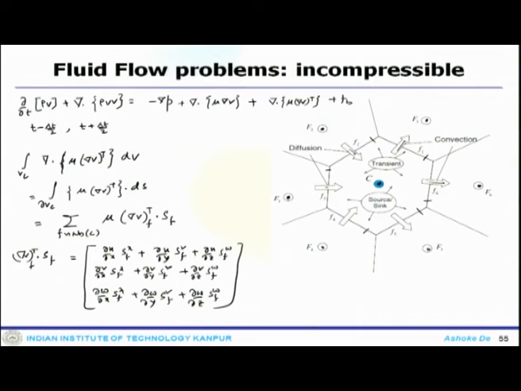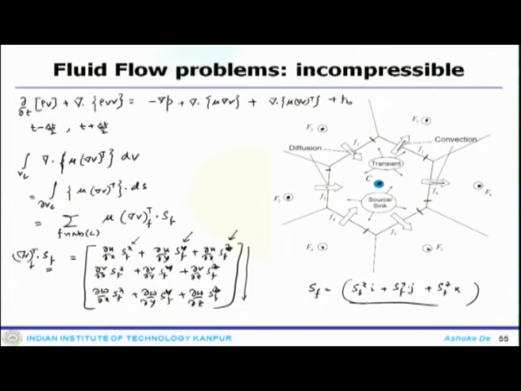This would be x, y, not v, just make a note here, this is the surface vector. So, this would be Sf x, this is Sf y, this is Sf z. Along this column they are the same, it is a surface vector which has components Sf x i plus Sf y j plus Sf z k. So, when we take the dot product, it will be all in terms of x, y, z.